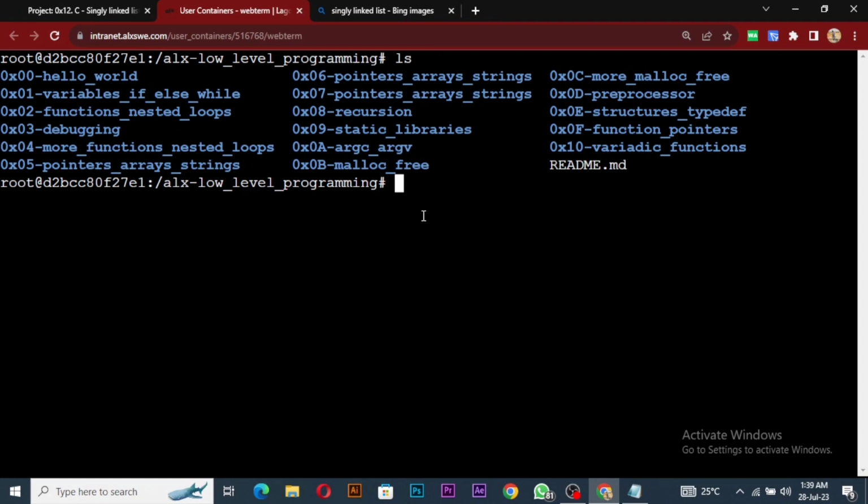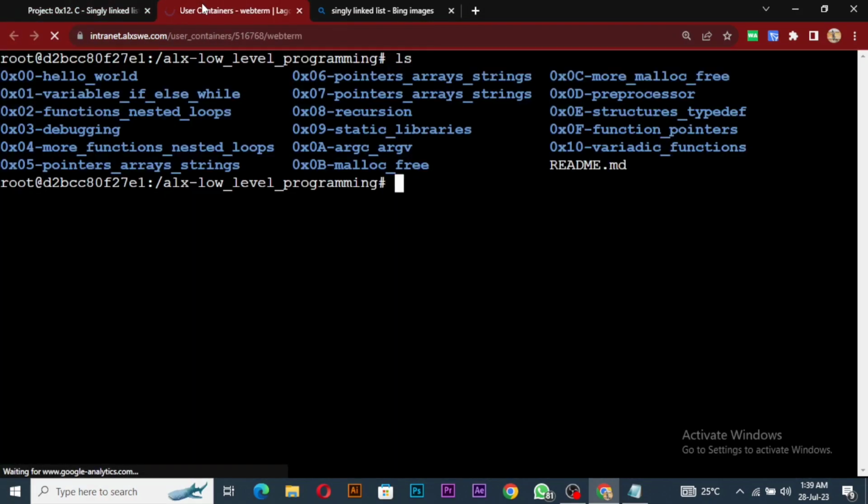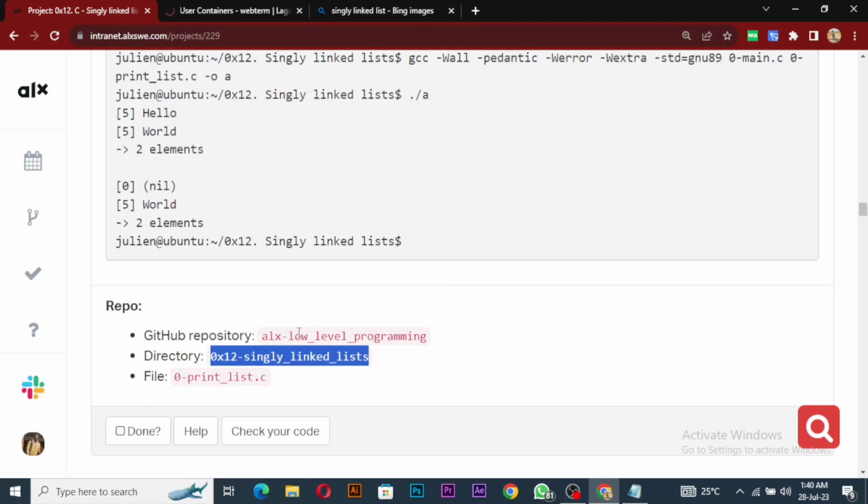Okay, that's frozen, so let me just reload it. While this one is loading, I don't know what's wrong with the network. While it is loading,